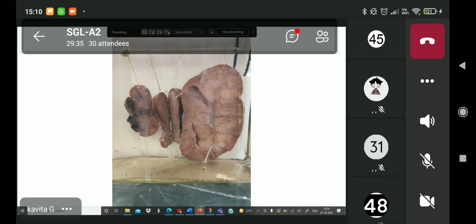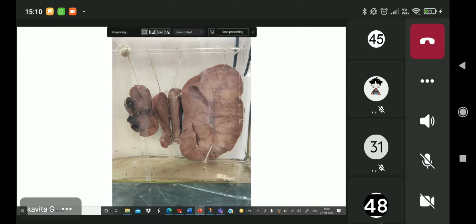Anybody? PCOS. Right, that's a very nice guess. But had it been PCOS, you would have, as I mentioned, something called the string of pearls or the necklace appearance. So you have lots of cysts which are present in the periphery, small cysts visible all along, okay? And then some in the middle as well.